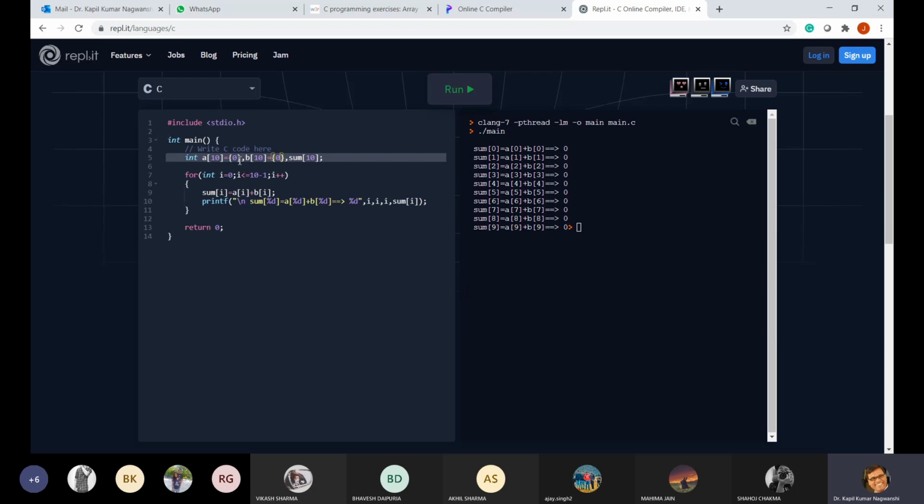Suppose you want to initialize so many elements: 2, 3, 4, 5, 6, and 7. If I am running, it will give me, oh, this is again running. But this is not the correct way. Earlier it gave an error. Okay. So 2, 3, 4, 5, 6, 7, 4, 3, 4, and 5.